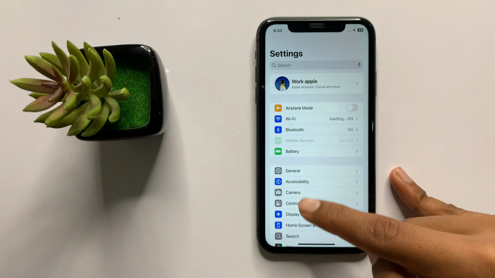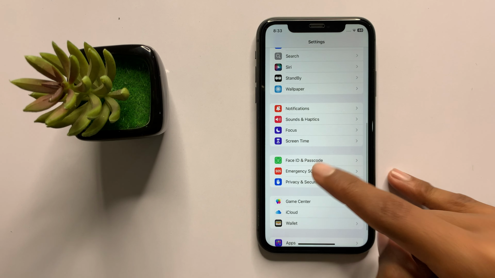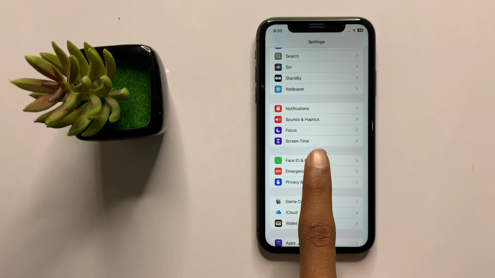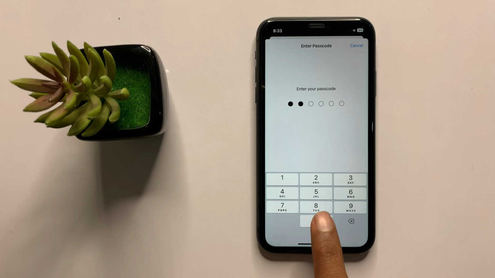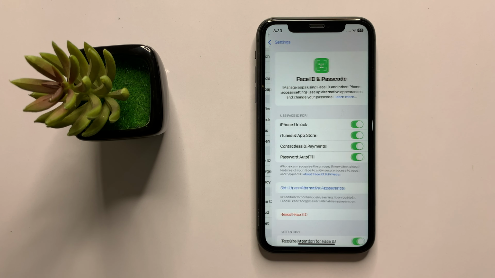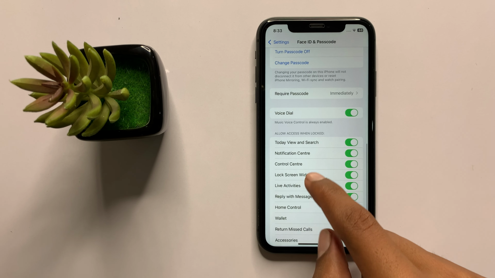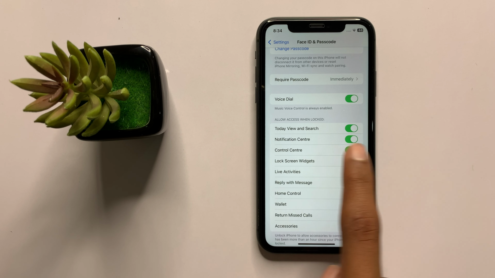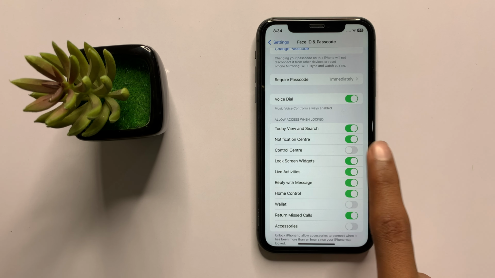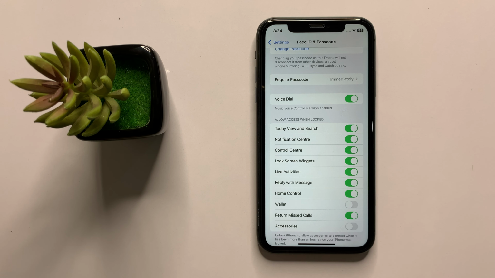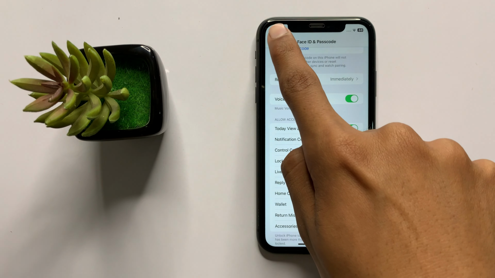In Settings, scroll down and then click on Face ID and Passcode. Now enter your current passcode. Now scroll down and here you can see the option Control Center. If this button is turned off, then turn it on. After turning this button on, go back